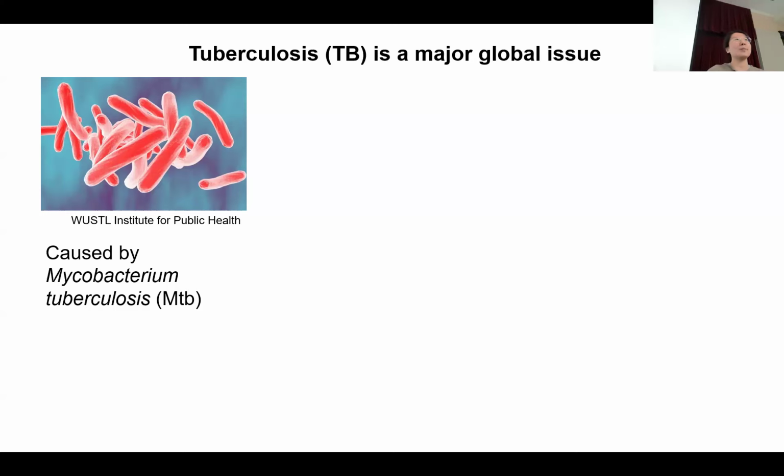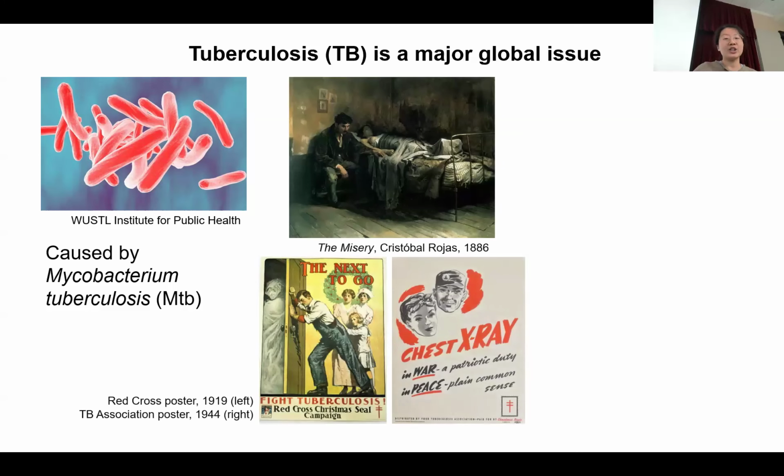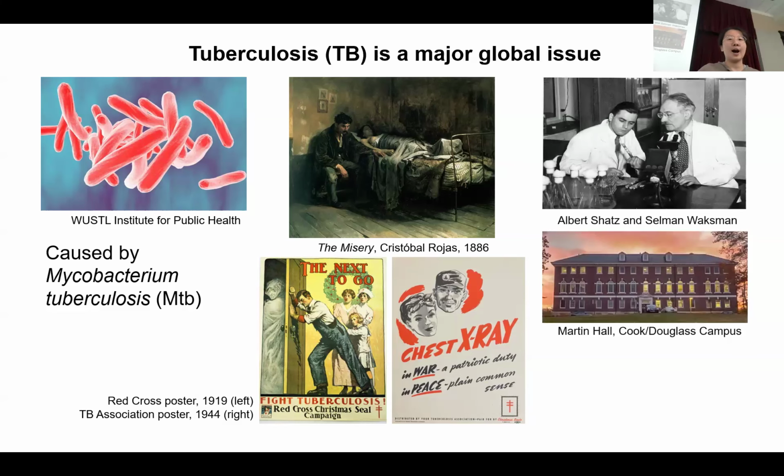And MTB has been a human pathogen for thousands of years, but in popular perception, a lot of people consider it as a quite antiquated disease, inflicting deadly illness throughout human history and causing the greatest number of TB-related deaths in the 18th and 19th centuries. But it wasn't until late into the Second World War when Selman Waksman and his then graduate student, Albert Schatz, discovered streptomycin on this very campus, an antibiotic that greatly aided in the fight against TB in the